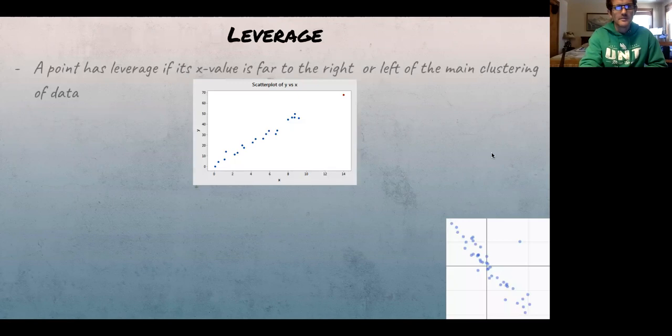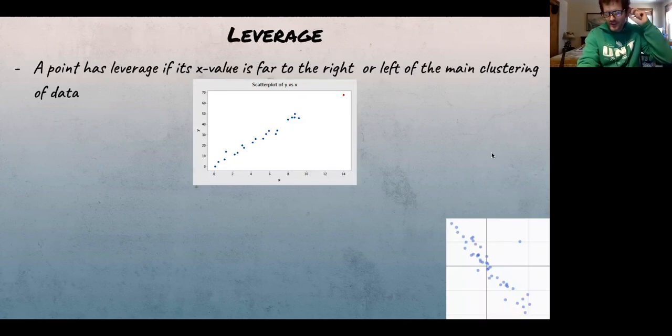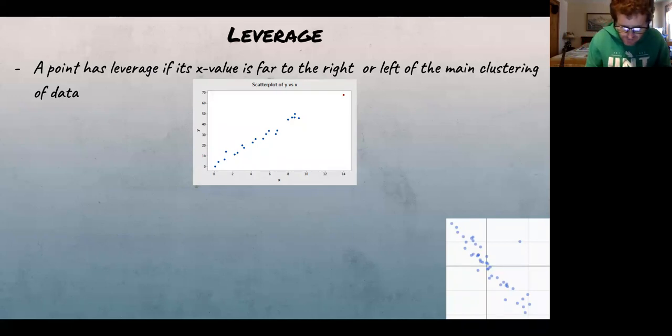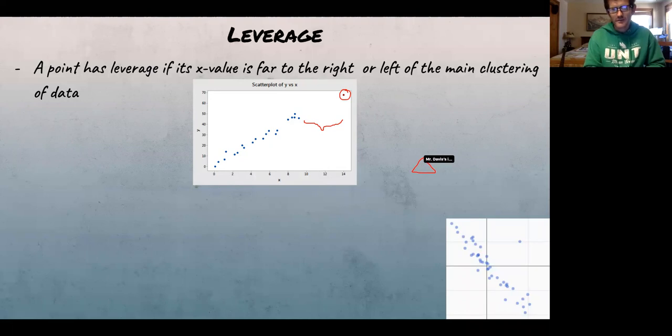And what we have here is our basic understanding of leverage. It's hopefully pretty easy to understand. A point has leverage if its x value is far to the right or left of the main clustering of data. So in this example right here, we do have a high leverage point because this point right here has a pretty big gap between it and the rest of the data. So the name leverage itself will hopefully give you a clue. Remember levers, and you've learned this to some degree. If you are taking physics, then you're going to be more familiar with this. If you're trying to move a big weight,